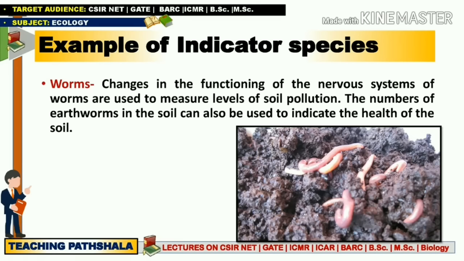If there are lots of worms which you are going to see in a soil, that is a complete indication that the health of the soil is good. But if there is a very small number of worms present, that is indicating that the soil health is not good for crop or plantation purposes. So in this way, worms are acting as a bioindicator species or indicator species, because their abundance as well as their presence and absence is going to indicate the health condition of soil, and the normal functioning or modification in the functioning of the nervous system is also going to indicate the soil pollution level.